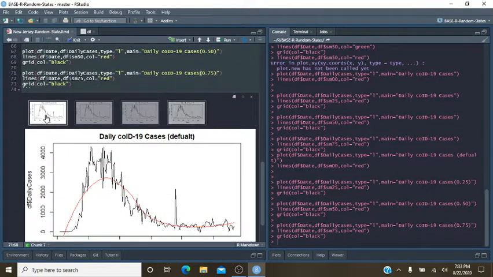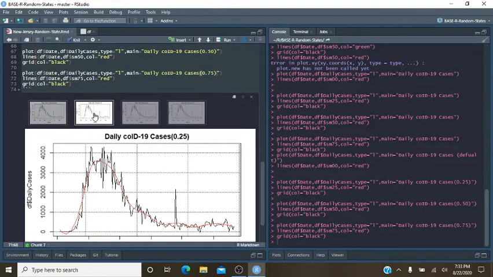Which one's a better fit? This is the default. For this data, it's not that bad of a fit, actually. But 0.25, interesting, because it seems to be indicating a slight decline. 0.5 really flattens this out here.